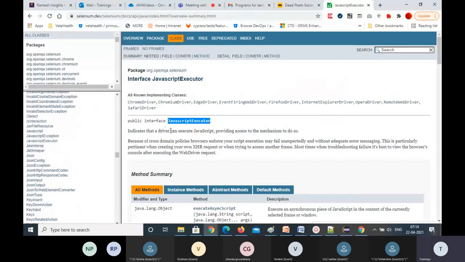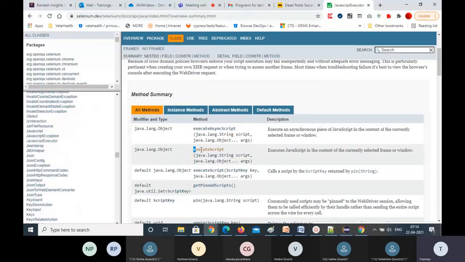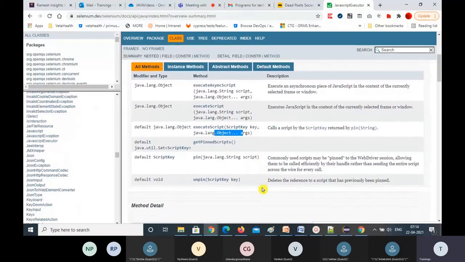It indicates that a driver can execute any JavaScript code. You can execute using the executeScript method. You have to pass the JavaScript, comma, and the second argument is optional arguments.